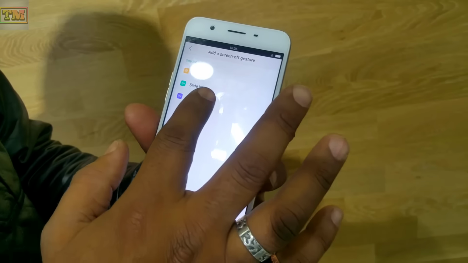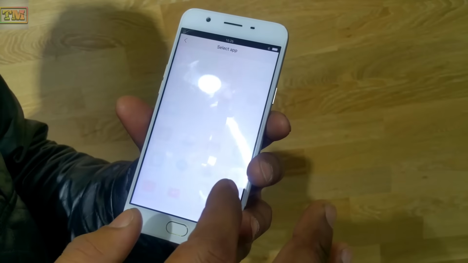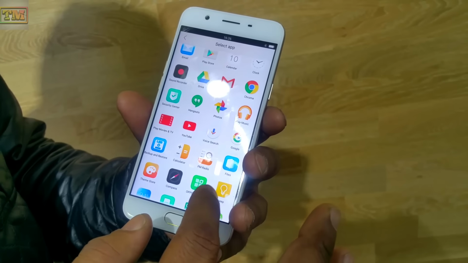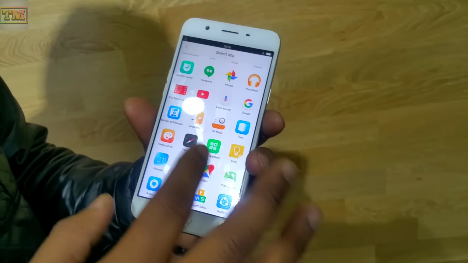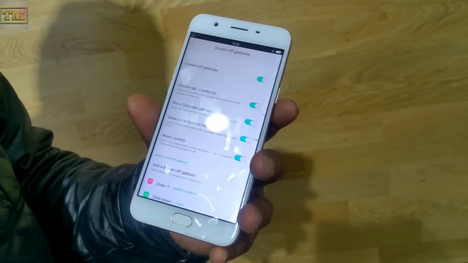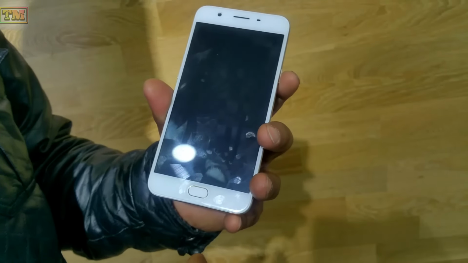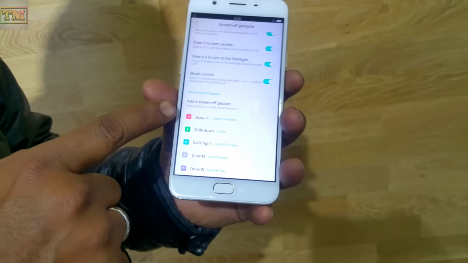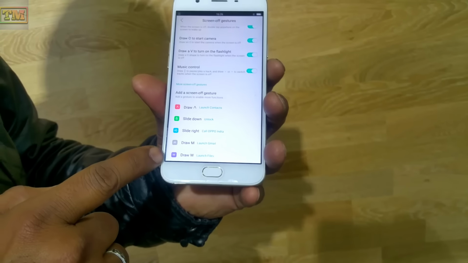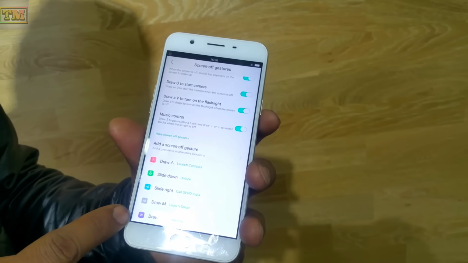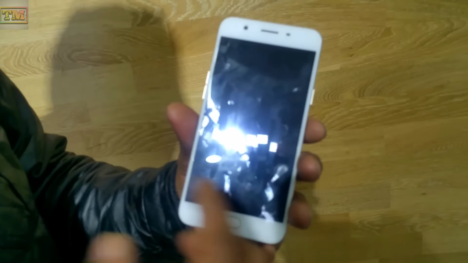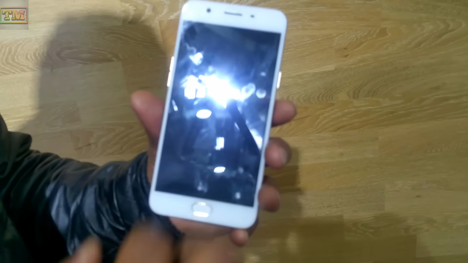If I select W, start an app, I want to open my files. Now there are some gestures set, 1, 2, 3, 4, 5, 6. Six gestures set. Now if I want to launch my contact, I'll use this.